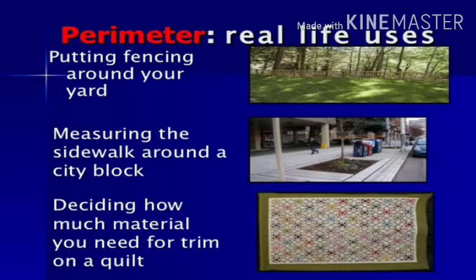Students, to find the perimeter, what do we have to do? To find the perimeter, we have to find the total length of the boundary. Perimeter is nothing but the length of the boundary of any closed shape. Hence, the measure around a closed shape is called its perimeter. The unit of perimeter is a unit of length itself.